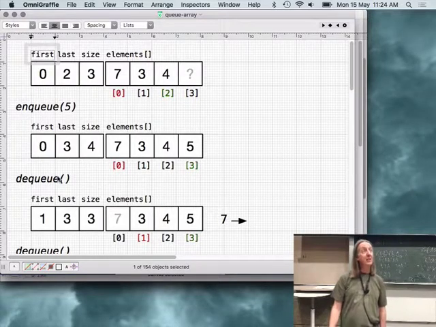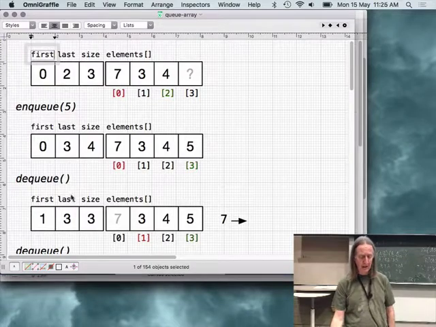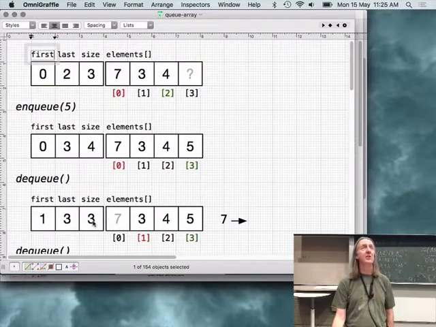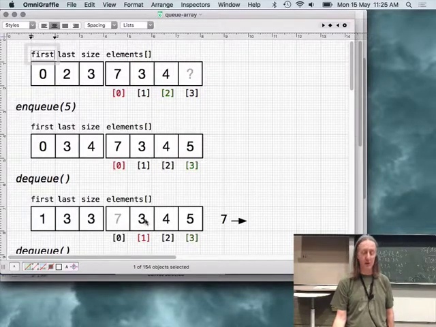If we then do a dequeue, we're going to remove the item at the head of the queue, and the size of the queue will go down by 1. We've taken an element out. The index of the first item in the queue moves along by 1 because we're no longer considering 7 to be part of the queue. So this is the new head of the queue, and that's the tail of the queue, which hasn't changed.